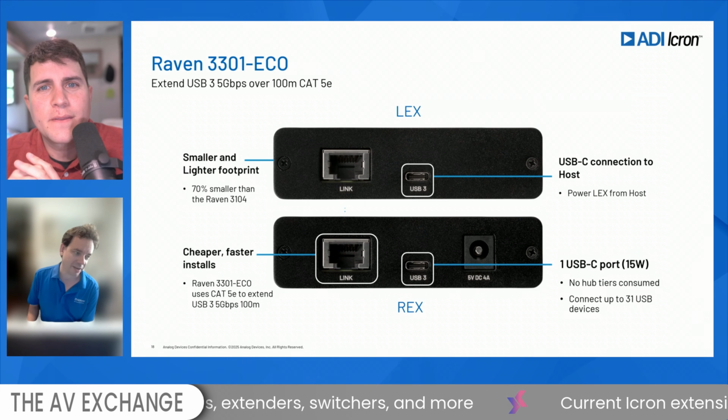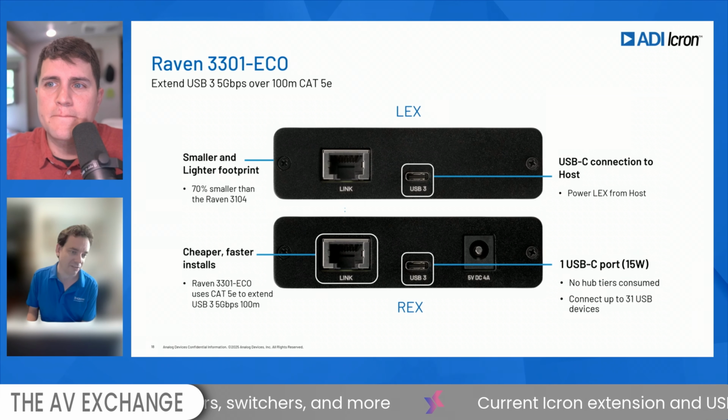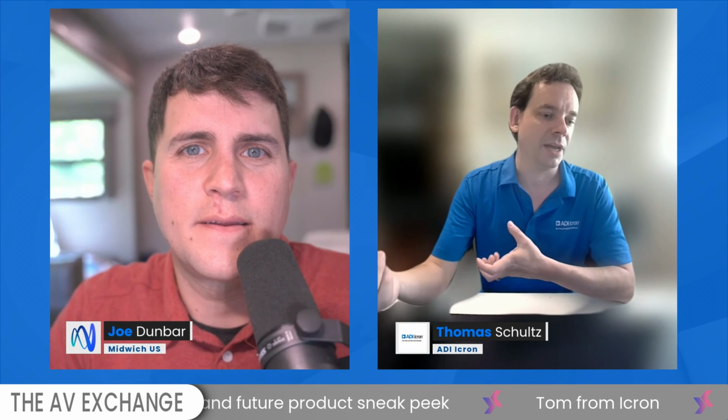So USB by spec, and your operating systems will always enforce this, is that you can't chain more than 5 hubs in a row, right? And by spec, that's basically because of turnaround times. You need to get from A to B, B being the device, A being the host, within a certain budget. With USB 2 especially, that signal is not regenerated, and there's no active response back saying, I need you to wait. I'm speaking at a high level here. There's situations where that actually is true. But that's kind of where the 5 hub limit comes from, and that is enforced by OSs. And basically, if you plug in that 6th hub, it's going to be like, hey, I can't do this. And just the device won't even work.